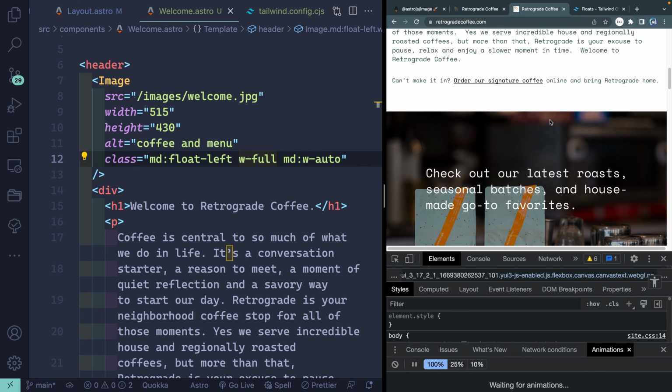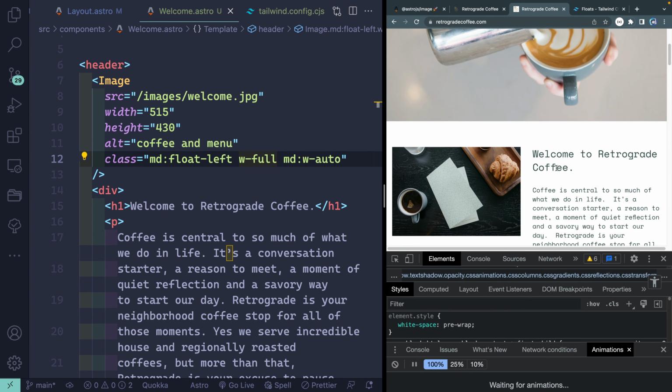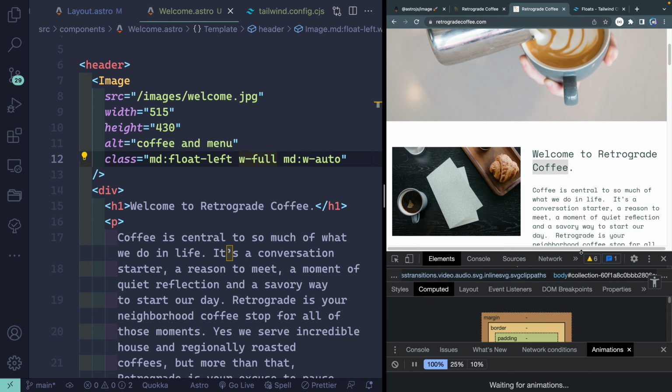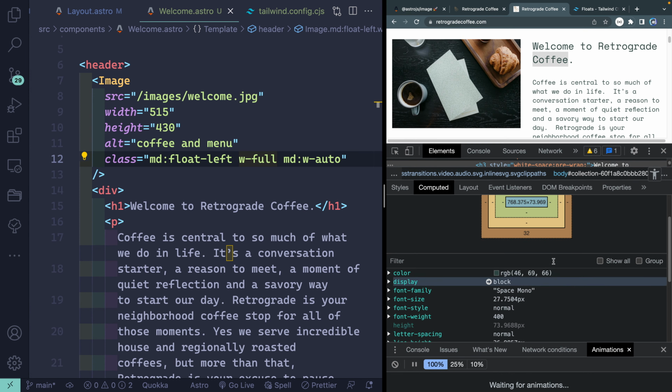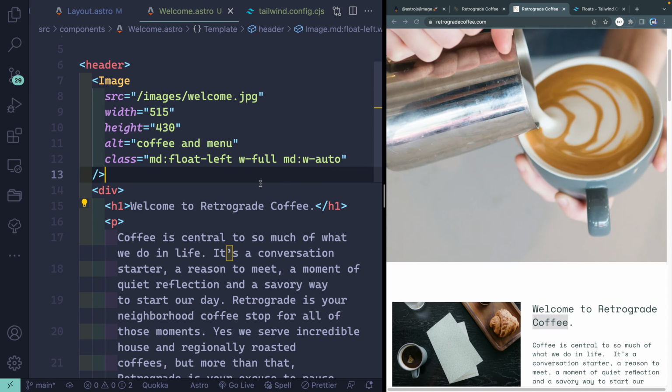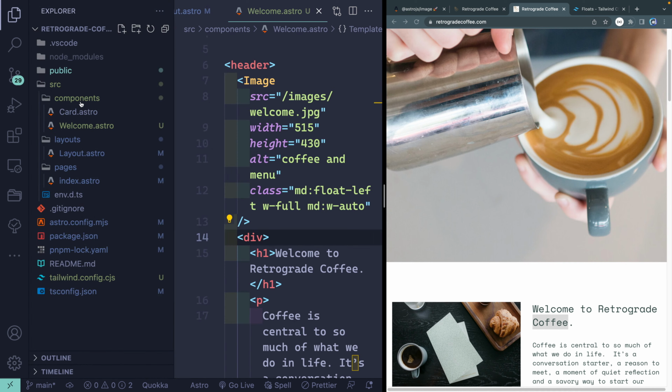Just randomly. I don't know. Okay. All I want to see is the size of this thing. So let's look at computed. Get a sense of their size, 27 something. So I don't know if that's going to be responsive as we get going, but let's create another component for that. So let's come over here and we'll call this like